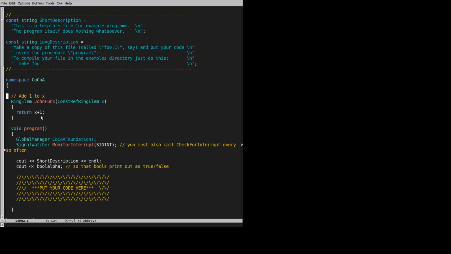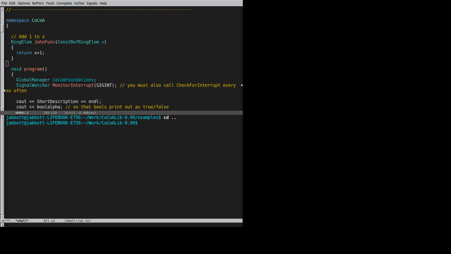So I'm happy that my function works. I've already tested it lots, as you can see in the code here. So I'll ask Emacs to take a copy of it here. So I've done that. Now I have to open a new file. Actually, perhaps I'll do this by going into the shell. So I'm at the root directory. I was in examples. I'm at the root directory, and I'm going to put the